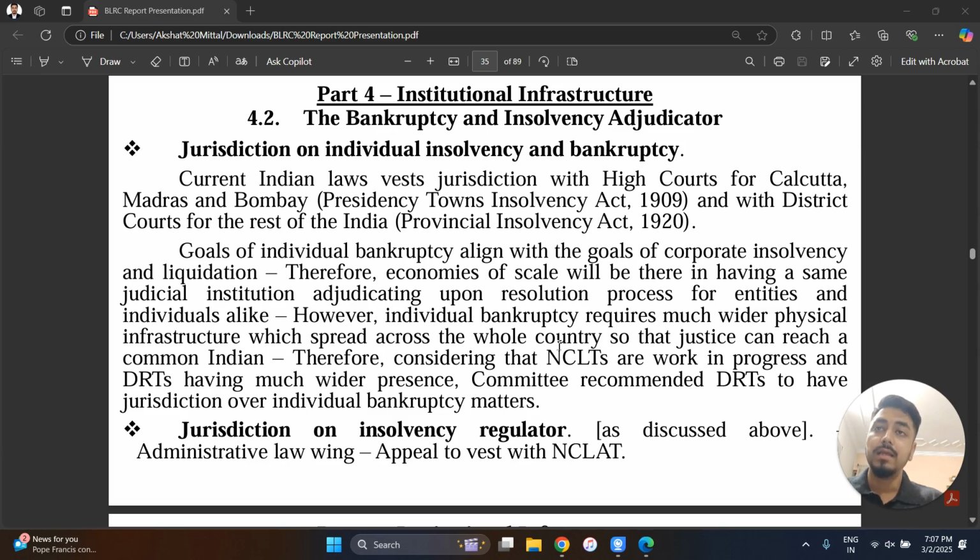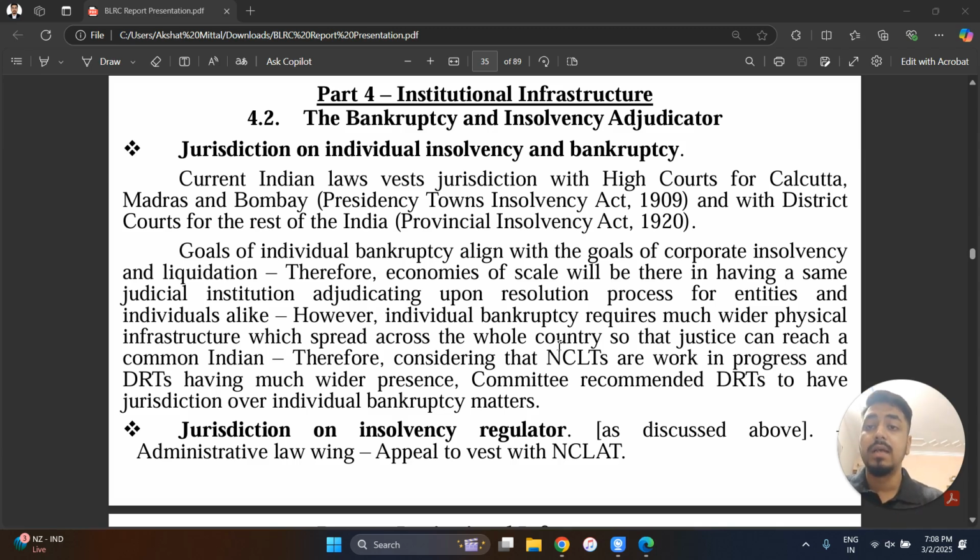And currently, in the year 2015, there were not many NCLTs. However, in comparison, if we see the individual bankruptcy regime, then we need to have an adjudicator in every state, in every district. Therefore, this committee recommends that DRTs, debt recovery tribunals, be the appropriate adjudicating authority when it comes to individual insolvency, because in the year 2015, as well as even almost 8 years later, the DRTs are having